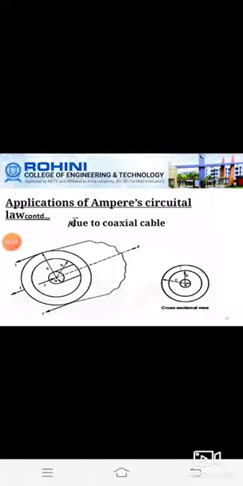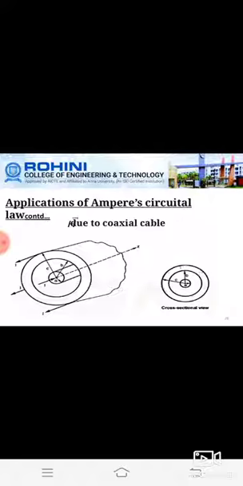So in the case of coaxial cable, here this inner conductor we will be taking the radius of a, which is carrying the direct current, and the outer conductor is in the form of a concentric cylinder. So here this inner radius is b and outer radius is c. So this cable which we are placing along the z axis, and the current is uniformly distributed in this inner conductor, while this negative current, that is minus I, is uniformly distributed in the outer conductor. So the space between the inner and outer region we are filling with dielectric.